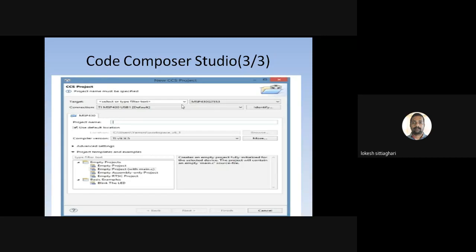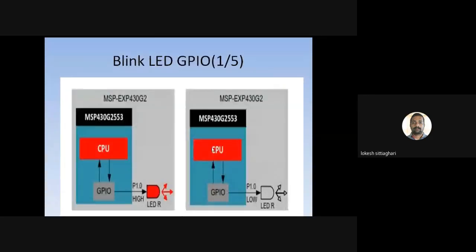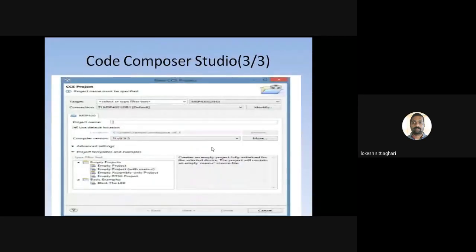We are going to select MSP430G2553. After the target, give the program name, then go for the next. Then you will have this. This is how a program is created in the Code Composer Studio.